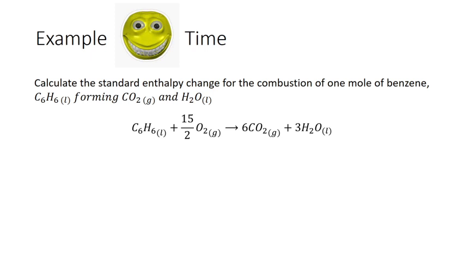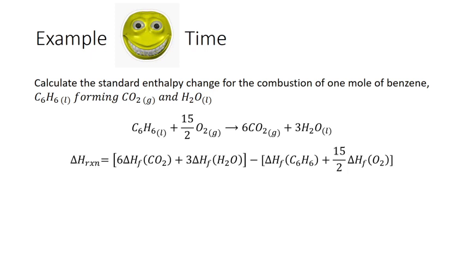of formation for each of these. So we first write out our equation that's going to look like this, where we have the enthalpy of reaction is equal to 6 moles times the heat of formation of CO2, right? Because remember, this is products minus reactants, right? Products minus reactants,